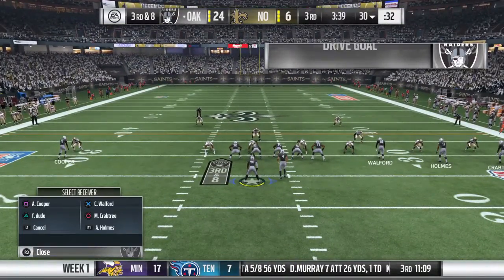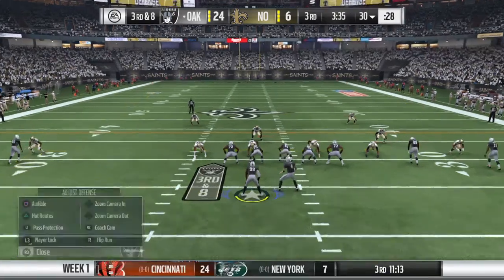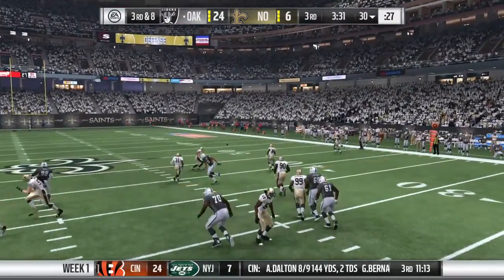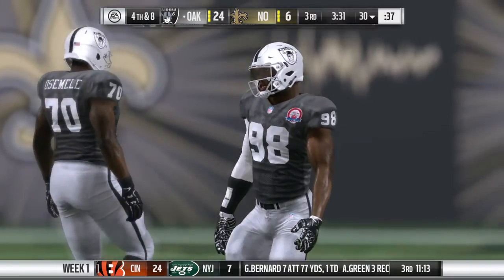In my book, that's running the ball well, but with intelligence. How about him keeping the clock moving, staying in bounds? Yeah, even though it's the 3rd quarter, you're thinking ahead, aren't you? This is where your running game can really help you with a lead in the second half. I agree totally. It's not just...